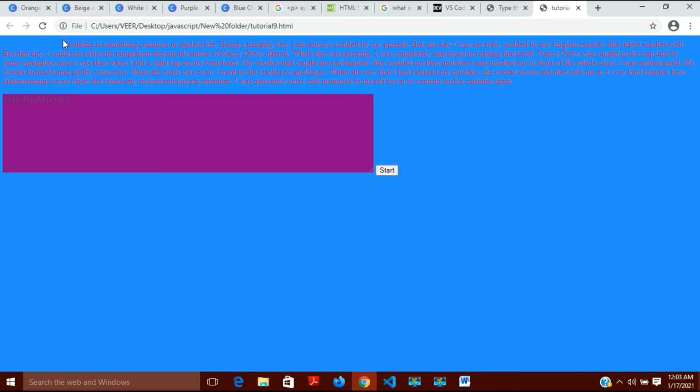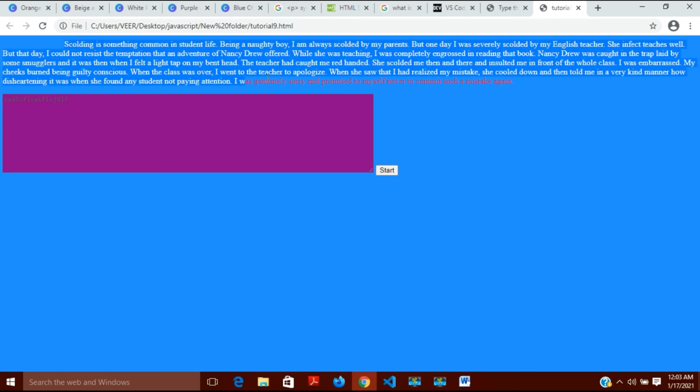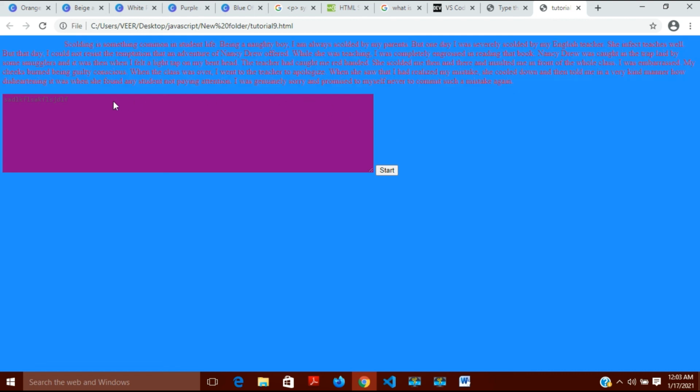But you can see here that still the paragraph is visible, and even after that it is getting converted. And here also you can see that it is not taking any text from me now. Okay, so when I'll click on done, it will disable this text area, it will not take any text from me.